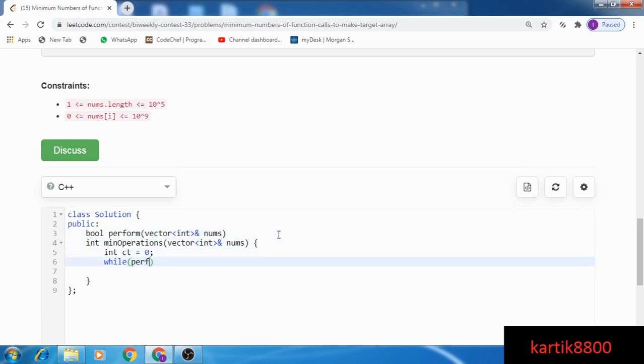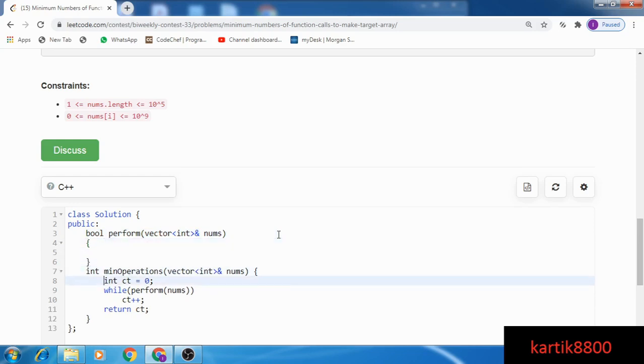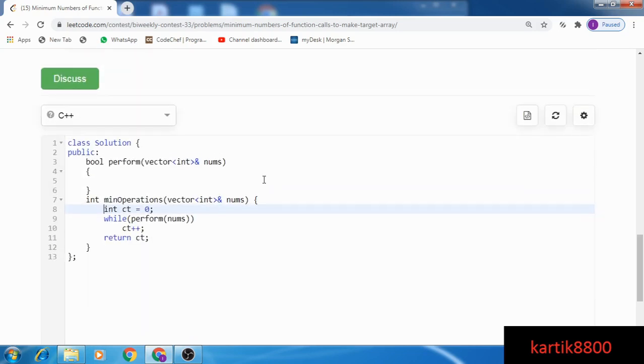So while perform, pass the numbers. If this returns a 0, we are done. If this returns a 1, then there was a need to perform an operation, and I can add 1 to my counter. At the end, I could simply return the counter. Okay, work done. You can implement the perform on your own now.